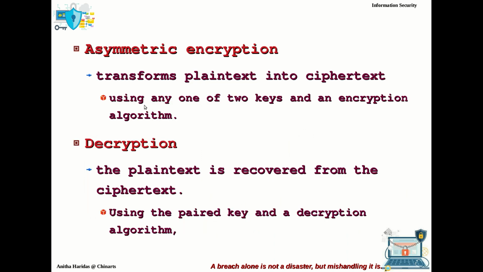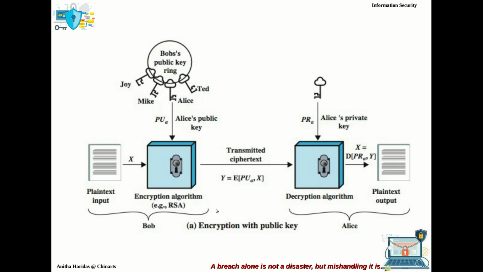We had seen that for encryption we can use any one of the two keys. So this represents the encryption process with the public key, right? So Alice wants to receive a message from Bob. What she does, she generates a public key as well as a private key. Then the public key of Alice will be used by Bob for the encryption process, and the ciphertext will be transmitted through an insecure channel, and Alice on her end will receive the ciphertext and she decrypts the ciphertext using her private key. Thereby she gets the plain text.